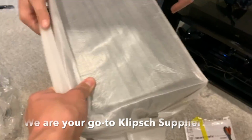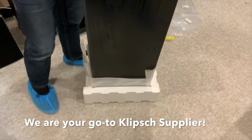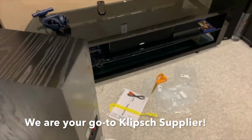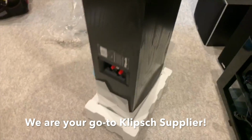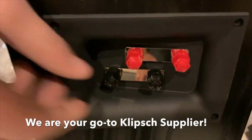We did the ash black finish. This does come in a couple different wood finishes. You can see this customer's upgrading from some Polk audio. Very nice